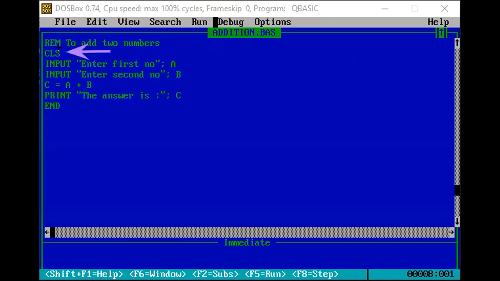This CLS command is used to clear the screen. If you avoid CLS, it will display previous output also. Let us see it once again.